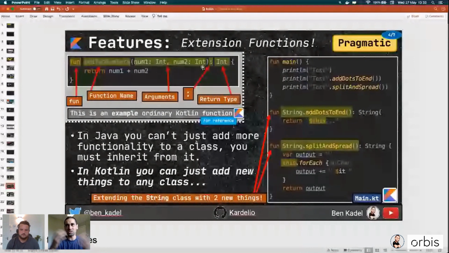It's sort of spitting out an int, just if that helps anyone understand it a little bit better. So now that we know a little bit about functions, just normal generic functions, let's talk about extension functions, because